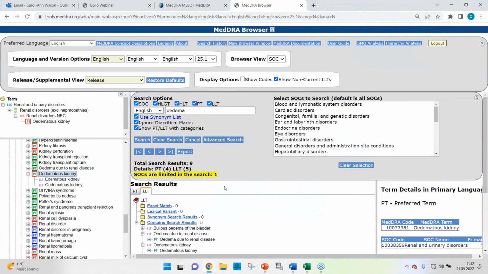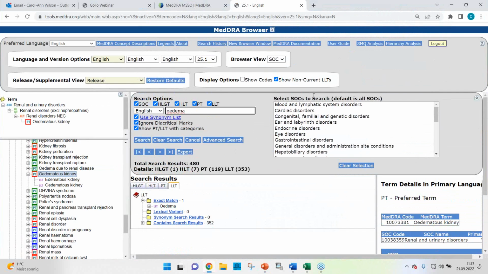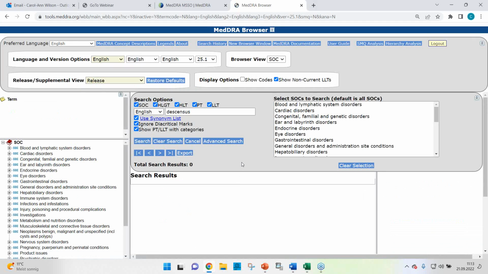And I first have to clear my selection from what we had before in order to search all SOCs. And I look now for Descensus. This was the wording in our verbatim. And if I search for it, I get no results. If I search for vesicae, so the singular,